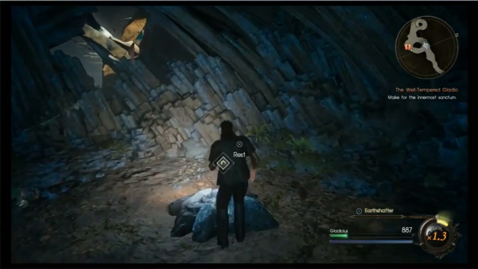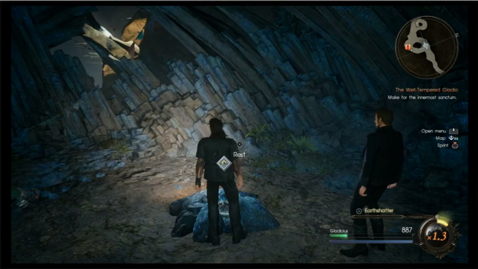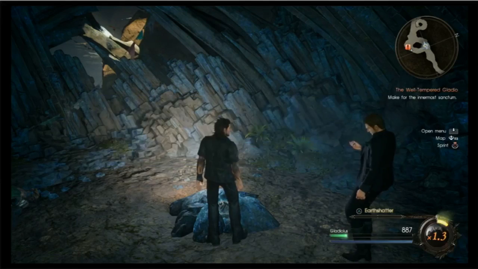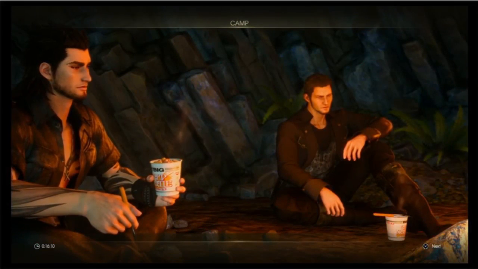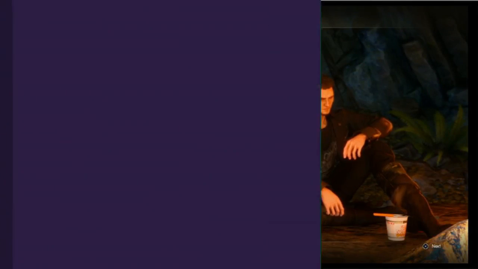Do you want to camp? Do you guys remember Gladio's favorite food? Cup noodle. Is that all he has with him? This is why you don't split the party, all you get is cup noodles. Of course, there's cup noodles. It's a nice little moment. Pretty zen. So between the two of them, tell us a little bit about his